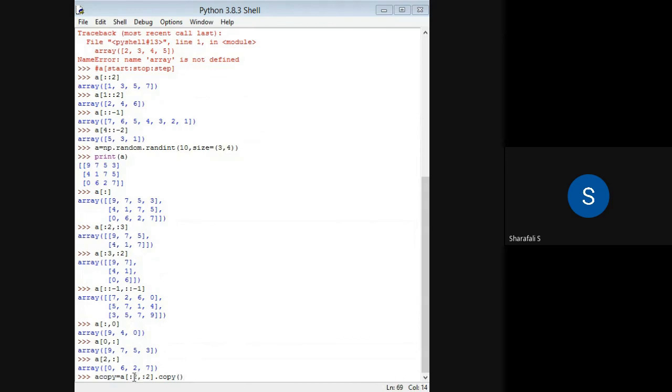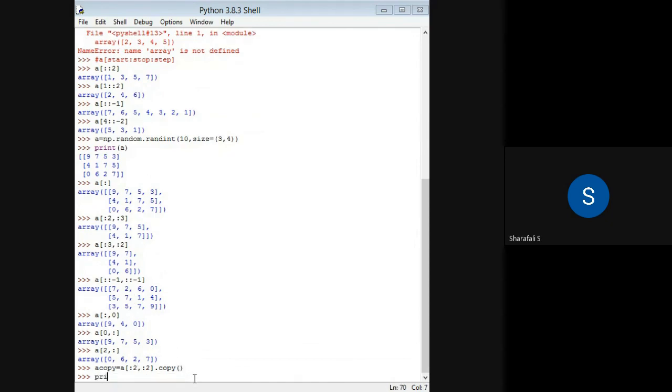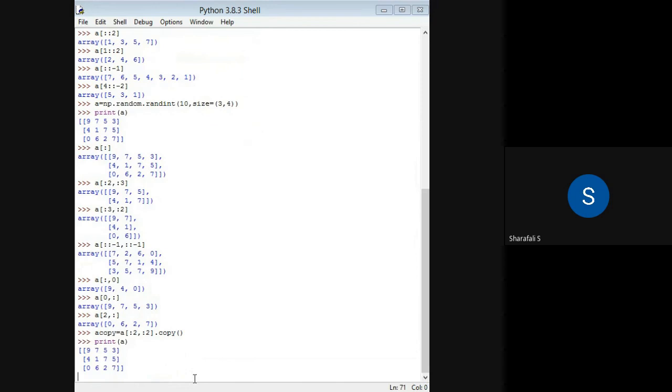So for the second index I have given 2, which means that I have access to these two rows, right? So let me see what I will get here. Okay.